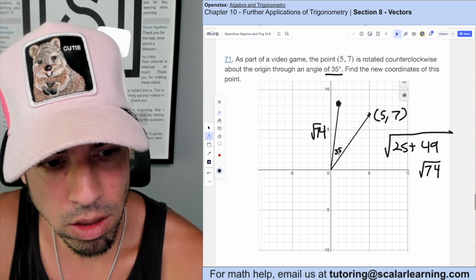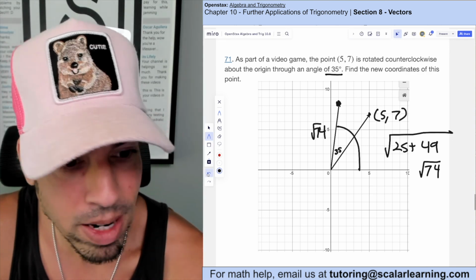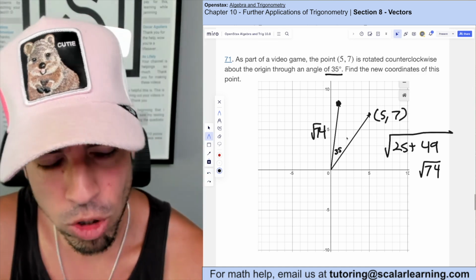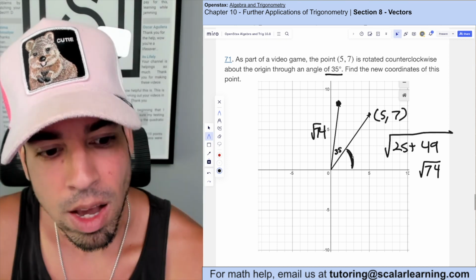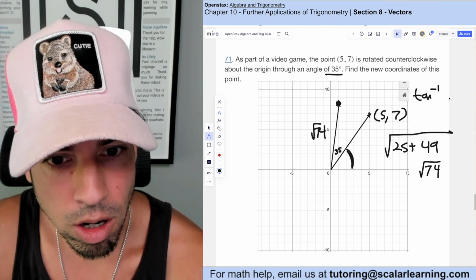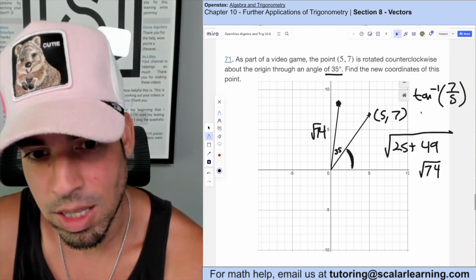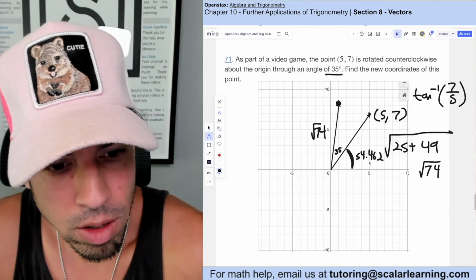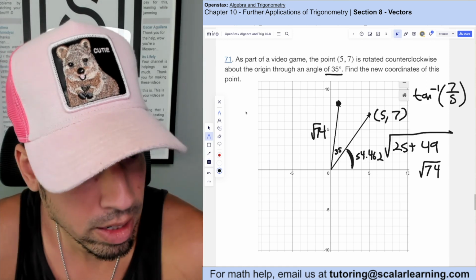But it's rotated 35. So the question is, what is this entire angle? Because if I know that, I can get the corresponding x and y values using a nice little formula, which I'll get to in a second. But how can we figure that out? Well, first, what is this angle in here? I can figure out that angle by taking arctangent of the original coordinate, the y value over the x value, aka 7/5. Let's see that in Desmos now. So we got an angle of 54.462, and then we're going to this new point an additional 35 degrees. So I add that to 54.462 and I get